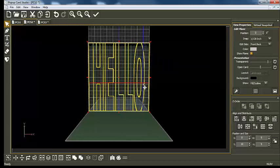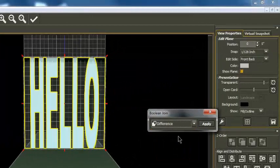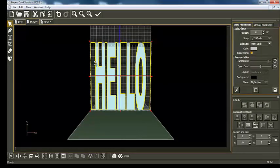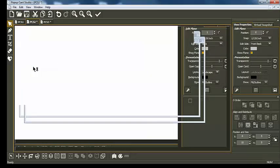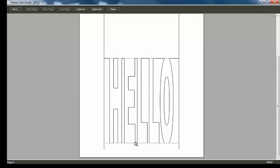Okay, now what we have here is everything selected, and we're going to go Boolean join, and we find out that it's the difference. We go apply. So what we have, if we do a print preview, is that the tops of the letters are score lines and the bottoms of the letters are score lines, plus between the letters are score lines as well. But of course we don't want them to be score lines, we want them to be